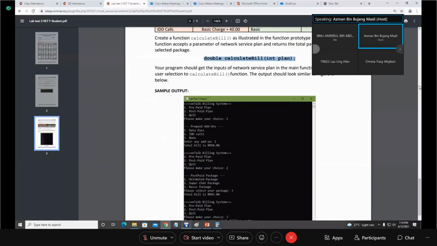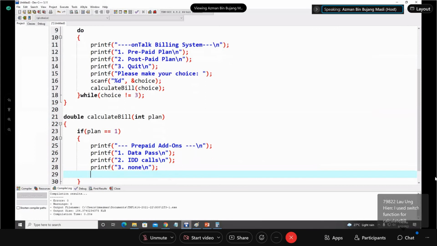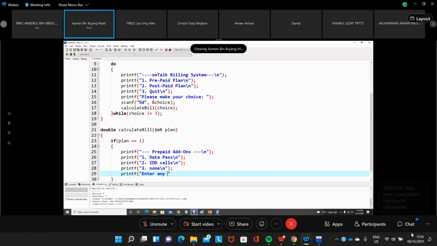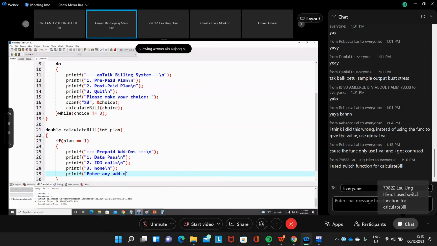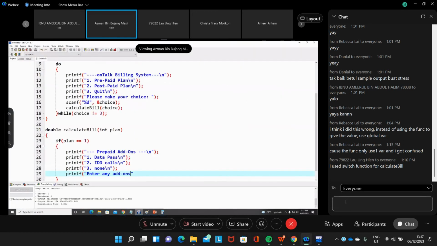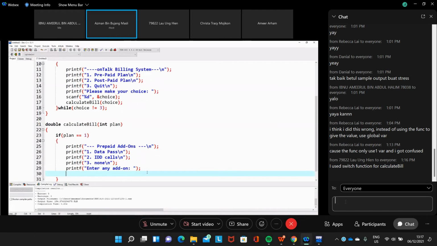So enter any add-ons. We have another one here. Printf, any add-on. So the user will enter the add-on, and then we need to scan F, the integer.